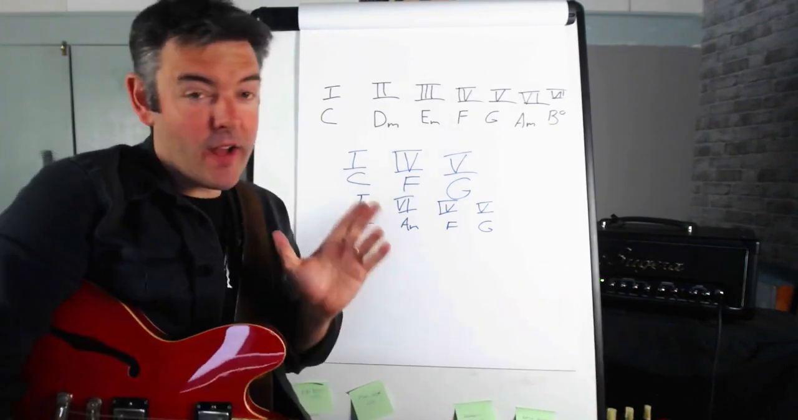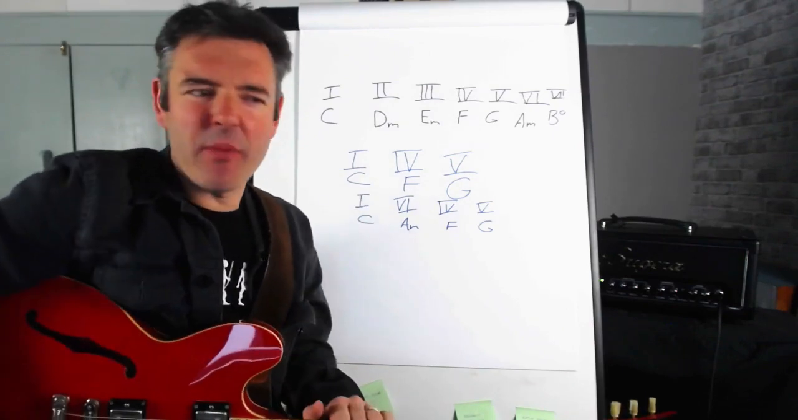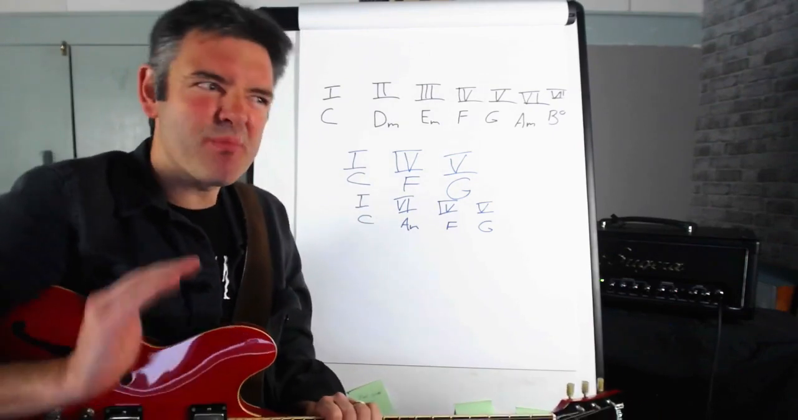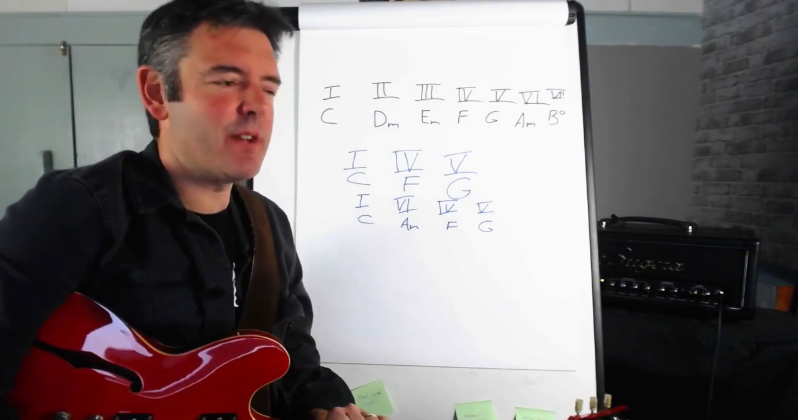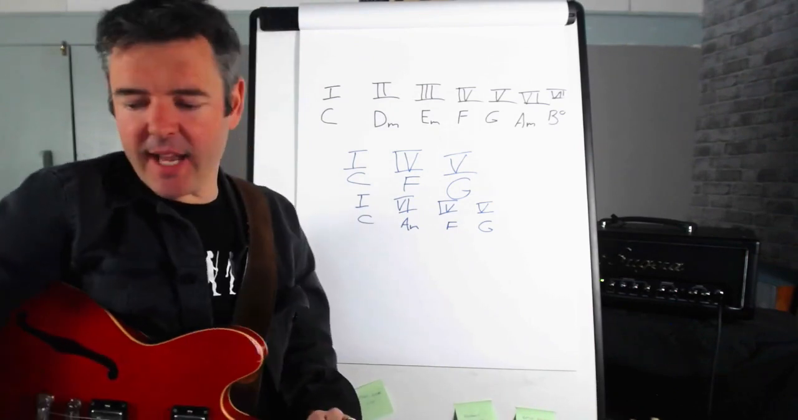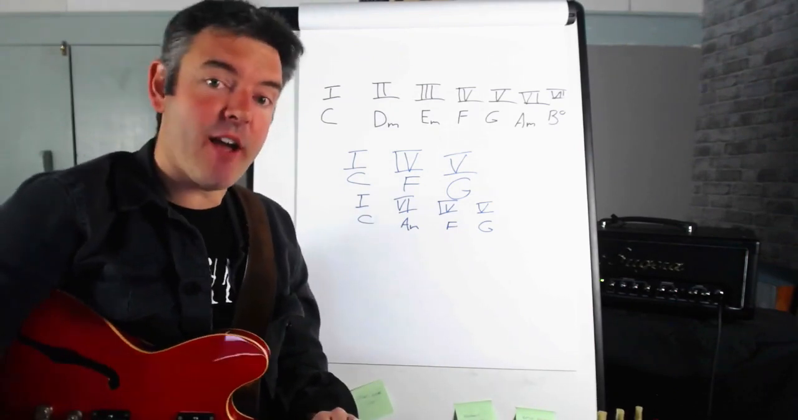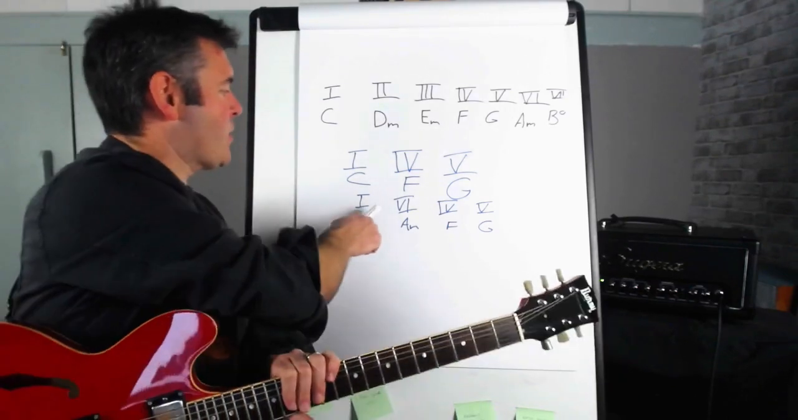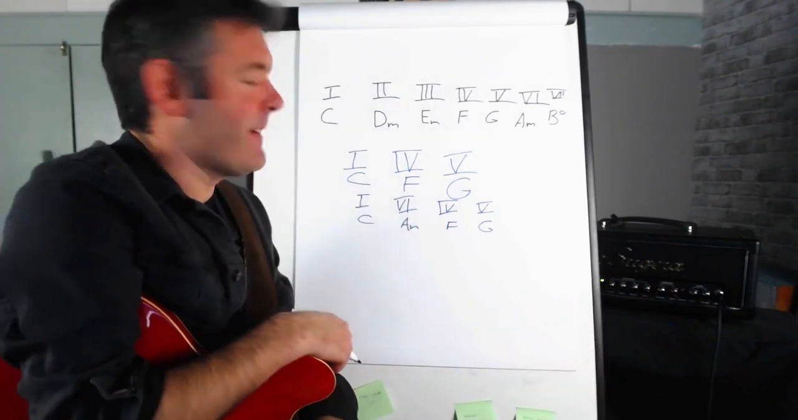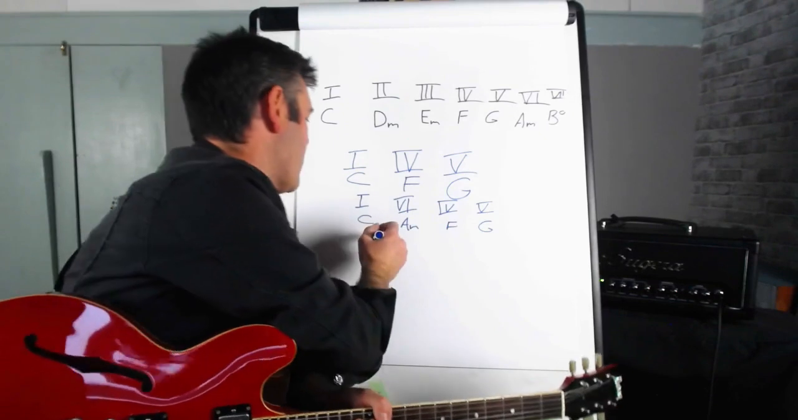Okay, 1, 6, 4, 5, very, very common. If I was going to pick out the most commonly used chords in any key, it's probably 1, 4, 5, and 6. They're really used a lot. So our next common chord sequence is kind of a variation on this. What we're going to do is switch around our 5 and our 4 chords. So we're going to go 1,